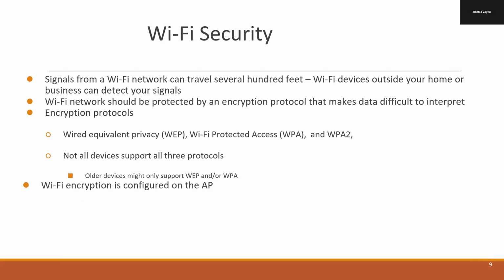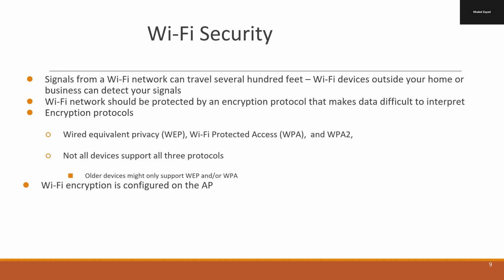Now going into Wi-Fi networks, Wi-Fi security. Signals from a Wi-Fi network can travel several hundred feet. Wi-Fi devices outside your home or business can detect your signal. So a Wi-Fi network should be protected by an encryption protocol that makes data difficult to interpret. Encryption protocols